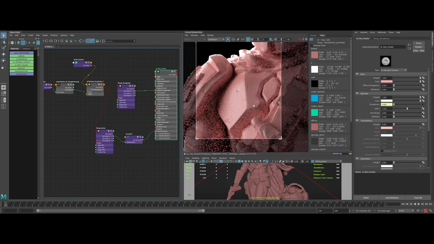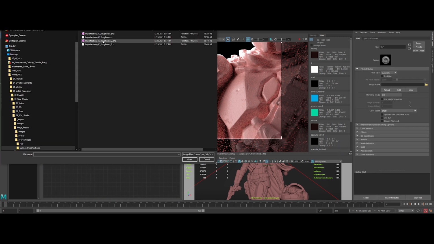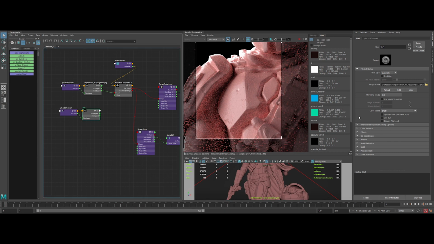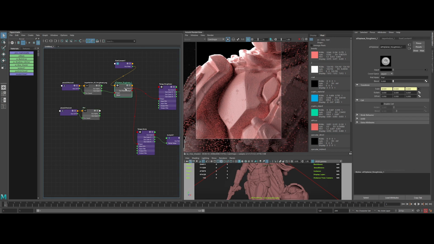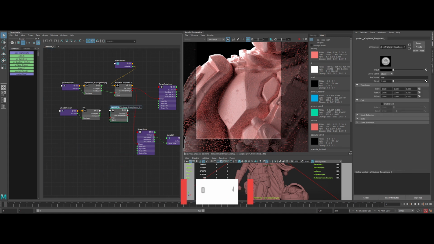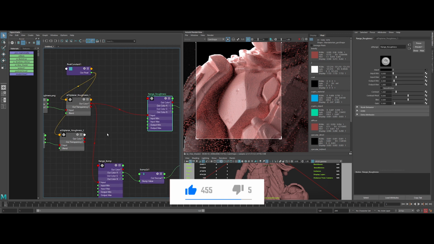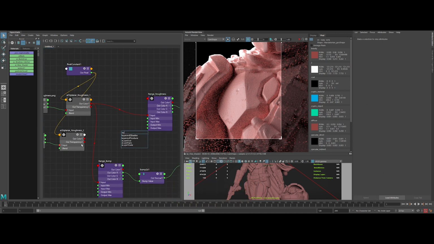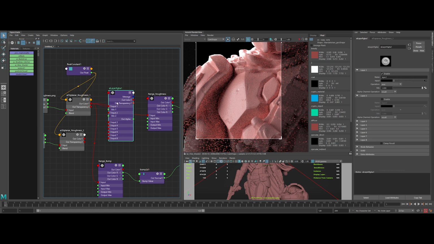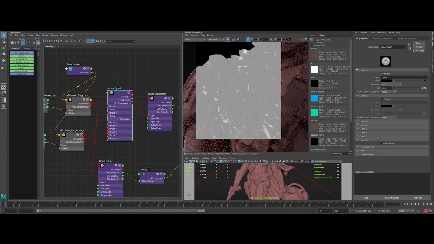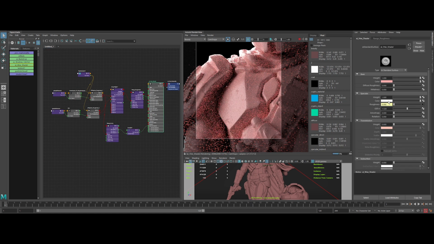Now we can create another level of detail with the secondary map. Create a file node. Let's pick this texture this time. Again, change the color space to raw. Copy and paste the previous AI triplanar node and reconnect the nodes as before. Then we need to merge the two textures together. Create an AI layer RGBA node. Connect the first roughness texture to input 1 and the second texture to input 2. Then change the operation to plus in the AI layer RGBA attributes. Yeah, pretty neat. Now we can reintroduce our transmission.